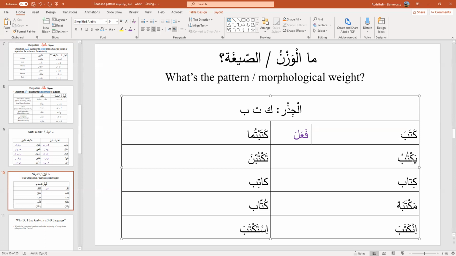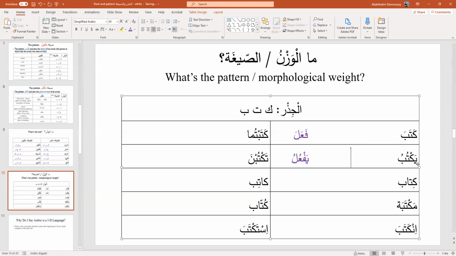So yaktubu, let's replace, again, the root is kaf, ta, ba. We'll replace the first letter of the root, which is the kaf, with fa. We'll replace the second letter of the root, which is the ta, with the letter ayn. We'll replace the third letter of the root, which is the ba, with the letter lam. And then we'll add everything else as it is. So it will be